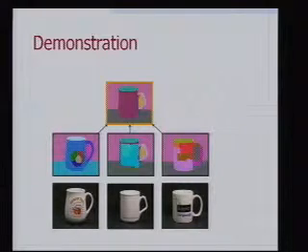Here are 3 exemplars drawn from the cup. Here are the 3 region adjacency graphs. And what you see here in orange is the lowest common abstraction for this pair, and for that pair. It's common to all pairs, right? And so you can see in this simple example that the lowest common abstraction has captured the notion of a body face that at some level of abstraction is common to all of these cups.